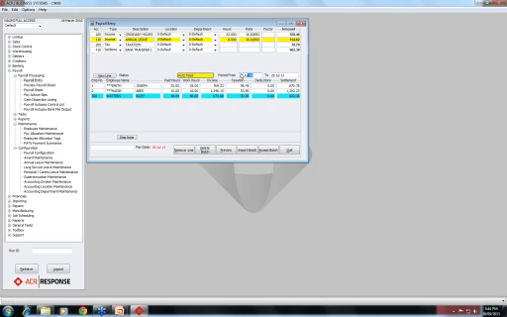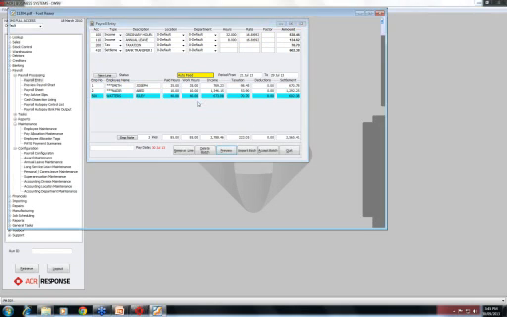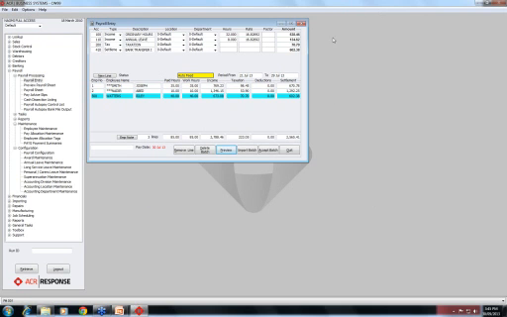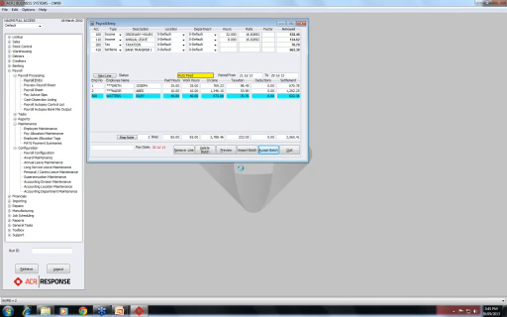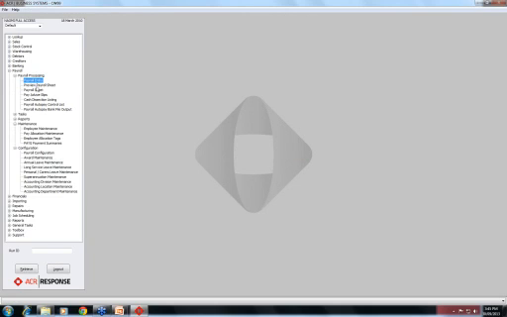Okay, so you've got your period from and to in here. You can change that at any time. You can preview your current batch, and that will bring up basically a preview payroll sheet with all that information on it. Once you're okay with everything that's gone on there, you can accept the batch. It asks you if you're sure, and you go yes. And it's going through all of those employees, and it's removed them from your batch, and that's been put through into the system. So what we'll do is we'll quit out of here now,